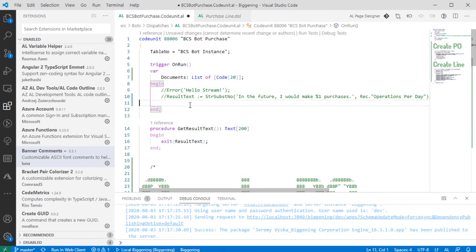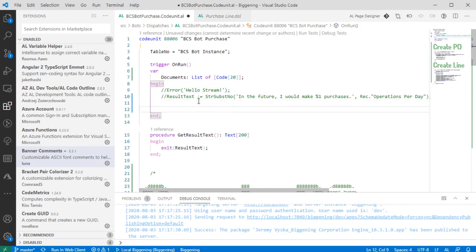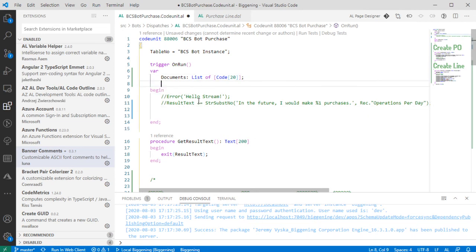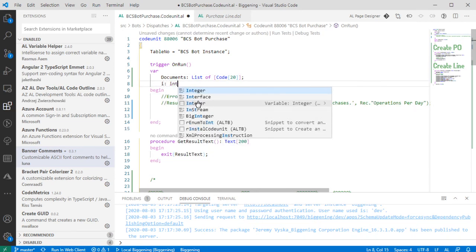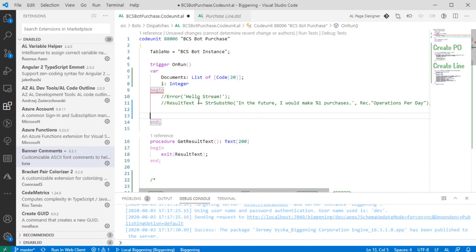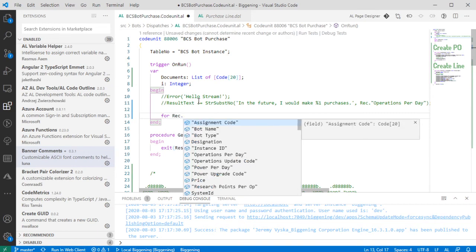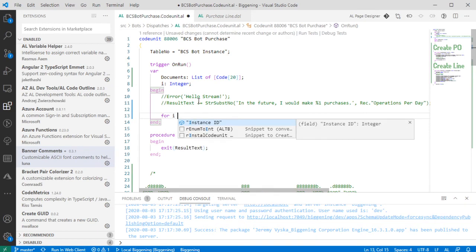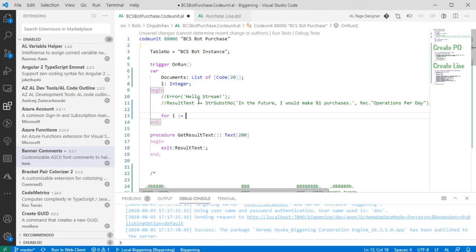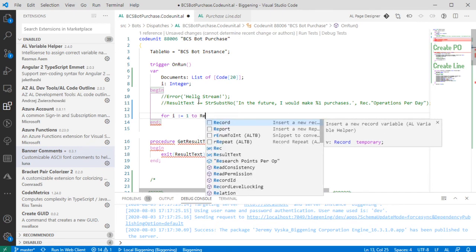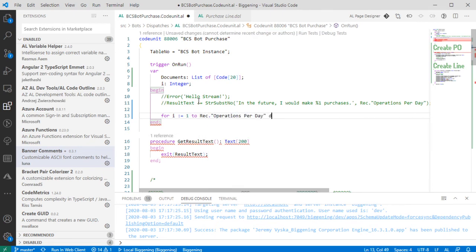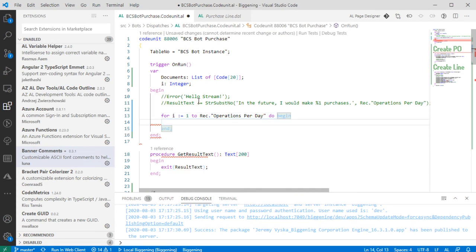There we go. That makes more sense. Okay, so we'll need I to be integer, sure. Alright, so for I is equal to 1 to rec dot operations per day, do begin